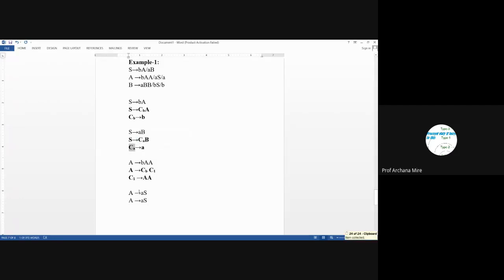So simply we will replace this terminal with CA. We won't introduce any new production rule. So here only one production rule will get introduced, that is A leads to CAS. Since the length of the production is exactly 2, this production rule is in the CNF form.